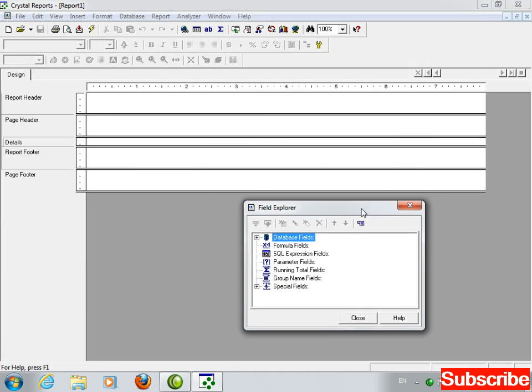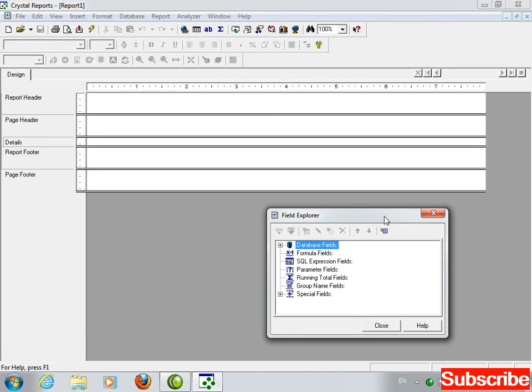Now there are 5 sections of report. Report header, page header, details, report footer, and page footer. Here you are having the detail section.